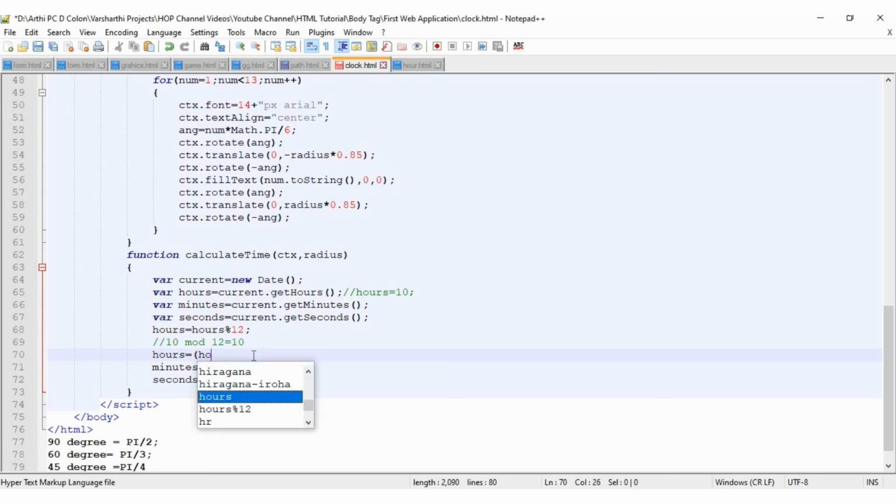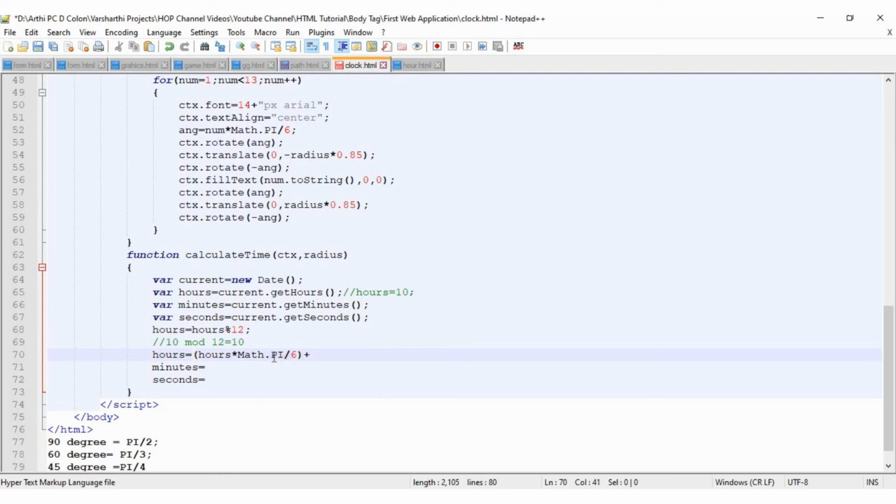For that, hours, which is the current value of hours, into the pi value. Either you can use Math.pi, or simply provide 3.14, which is the value of pi, divided by 6.